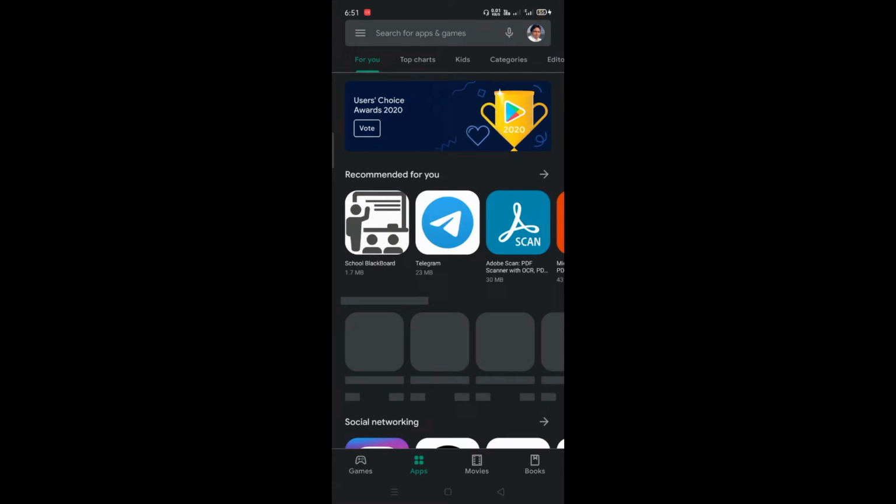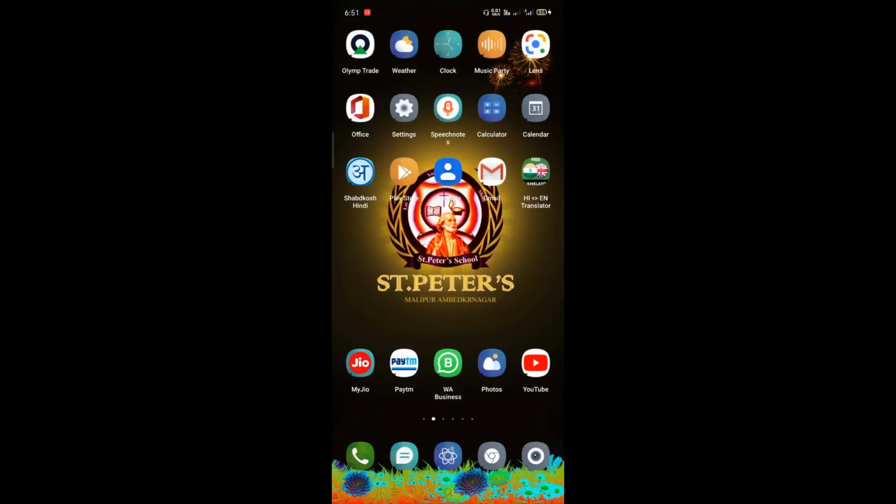If you look here, you will get many more options. Our net is slow, so I'm not getting a proper response from the net or Google side. So I will just show you the app, which I have already installed on my mobile. By this you have to install your app. I will try to open it and do something.